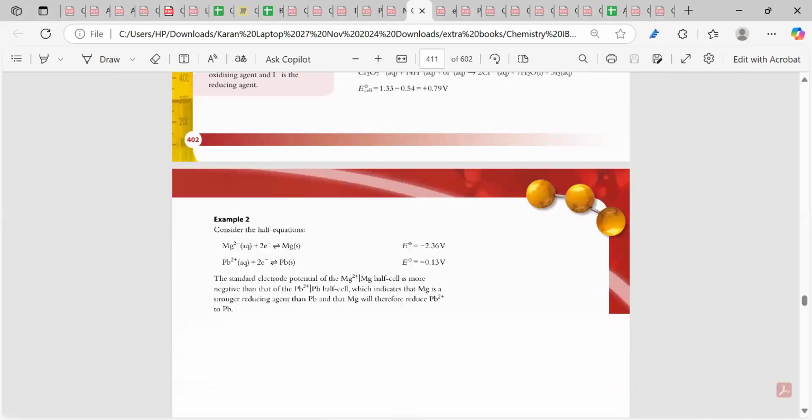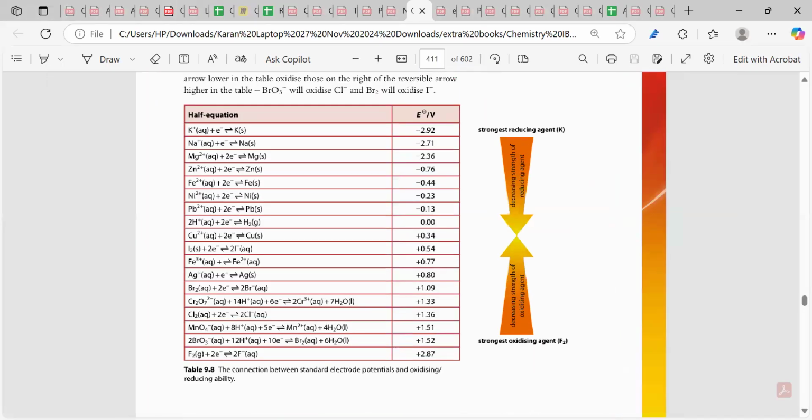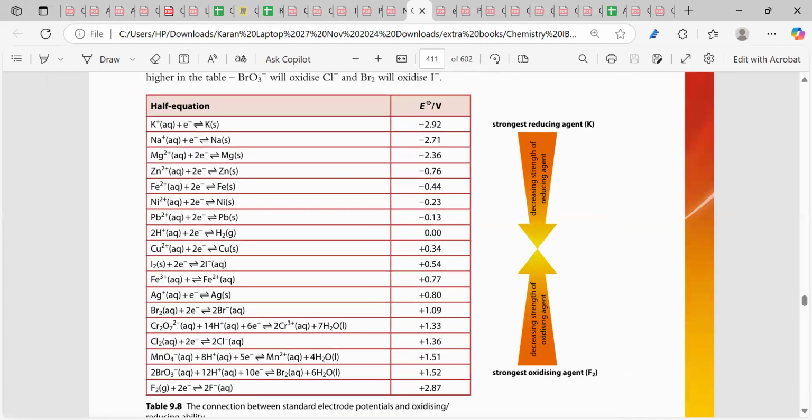We do it in this way. See what we do. How do you calculate the oxidizing agent and reducing agent? We have to see that now. Arnav, tell me, if you go from the bottom to the top, what do you observe? That if you're going from the bottom to the top, Harry, the